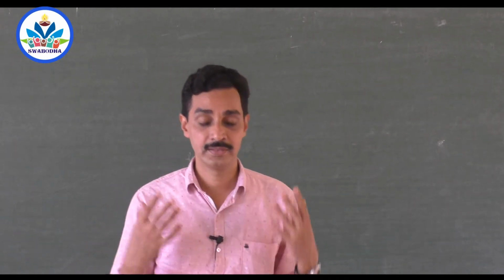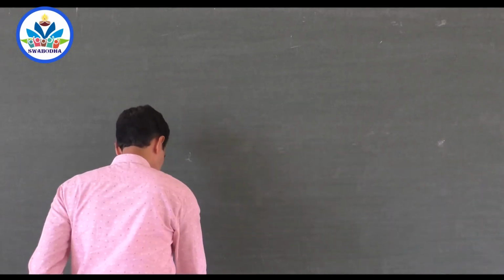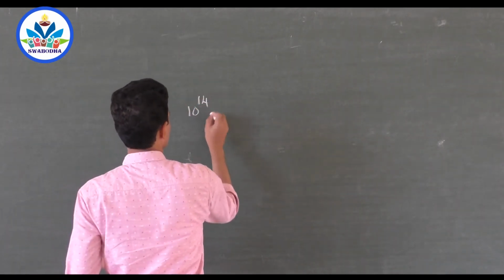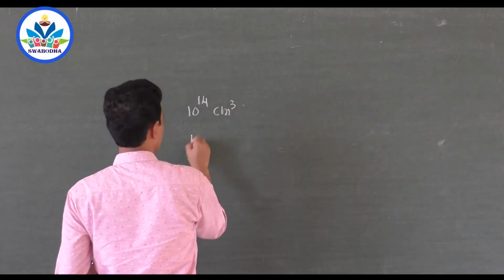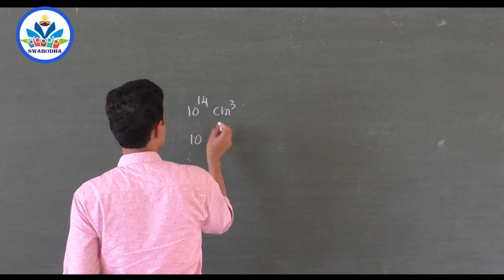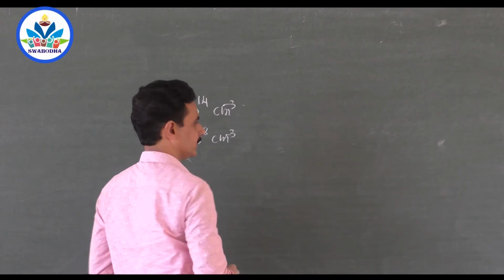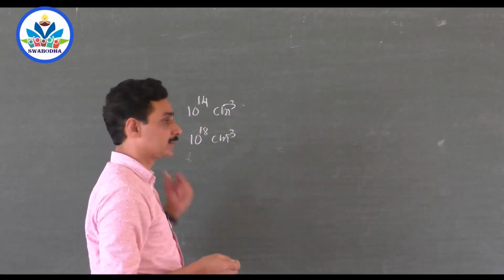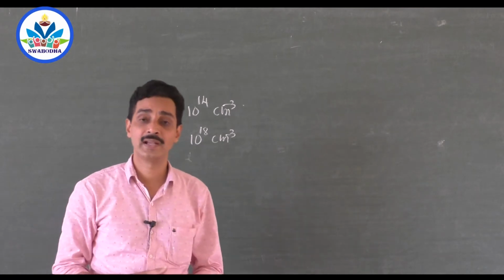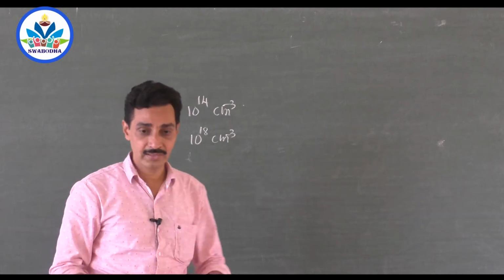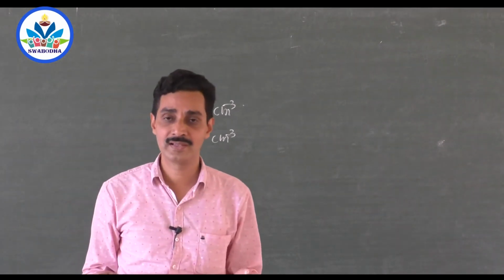We use more of these doped atoms per cm cube. Usually the doping concentration is 10 to the power 14 atoms per cm cube, and here it will be about 10 to the power 16, 17, 18 atoms per cm cube. So in 1 centimeter cube of the material, you will have 10 to the power 18 dopant atoms, maybe trivalent or pentavalent atoms. When the doping concentration is very high, you have a heavily doped p-n junction, and the width